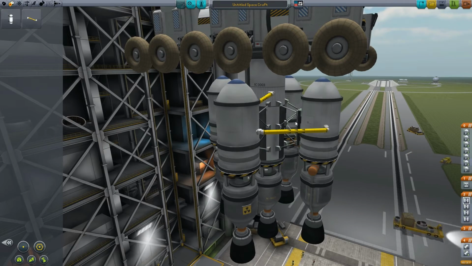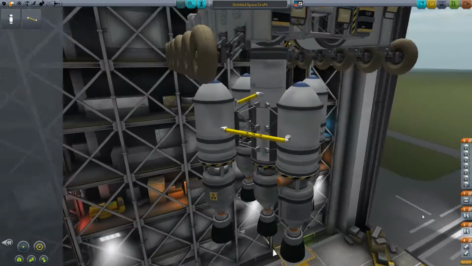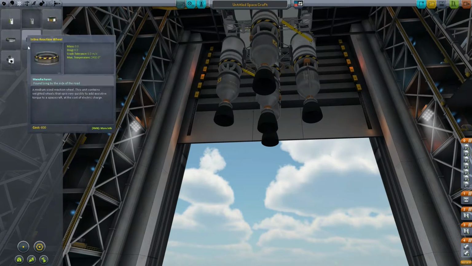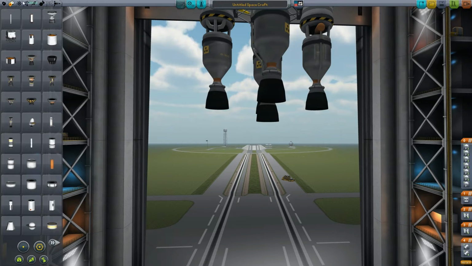So this decoupler and that one. And then those two go. Make sure that's the right one. Yep, those two go. And that's all burning just fine and dandy. So the last real thing that we need is a...